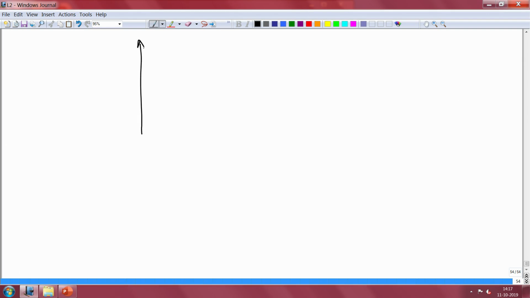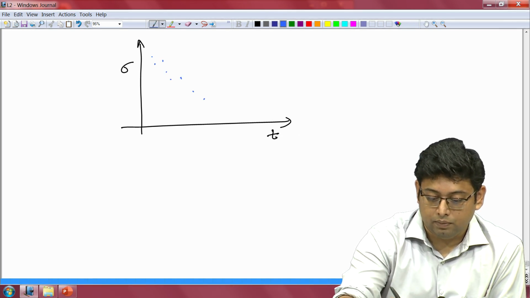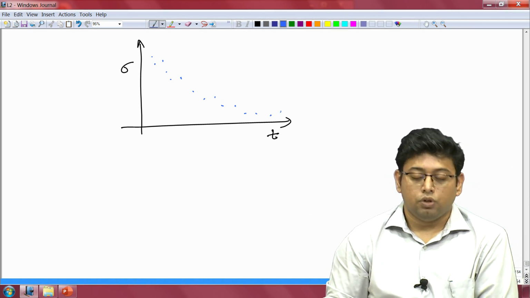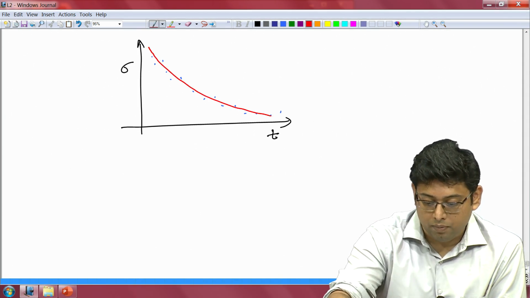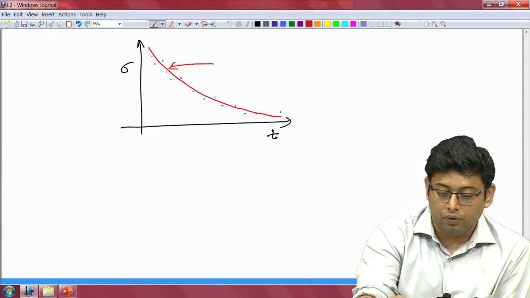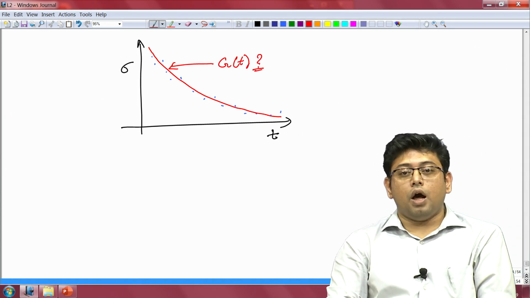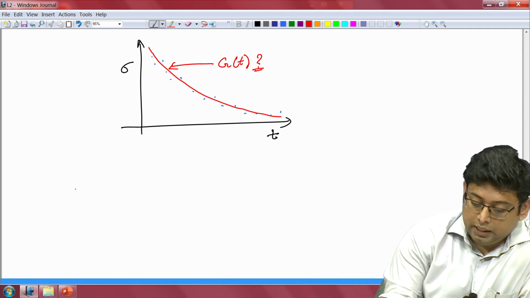What I am trying to imply is, let us say you are in the lab, you are doing some experiments, you are doing a creep relaxation experiment, and the data will be, these are the data points. So, how do you determine what this is? There will be this functional form, G(t) is not going to be provided to you, right. So, the question is, how do you find from a given experimental data set what G(t) is?